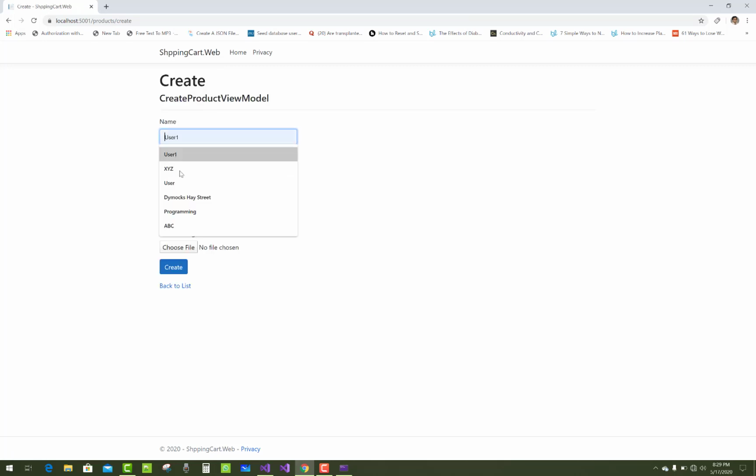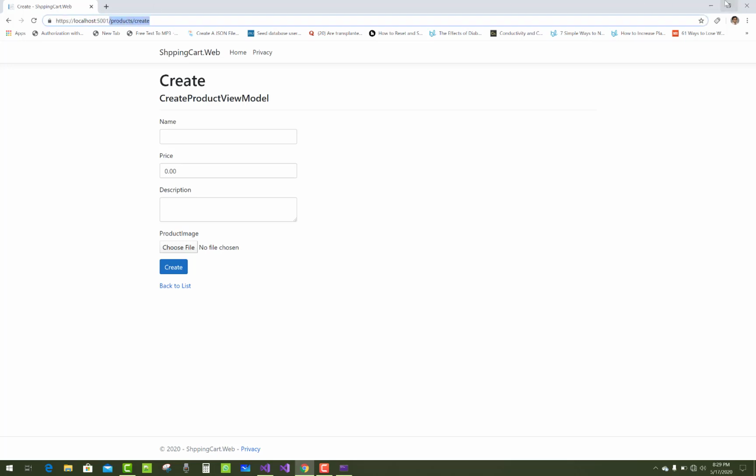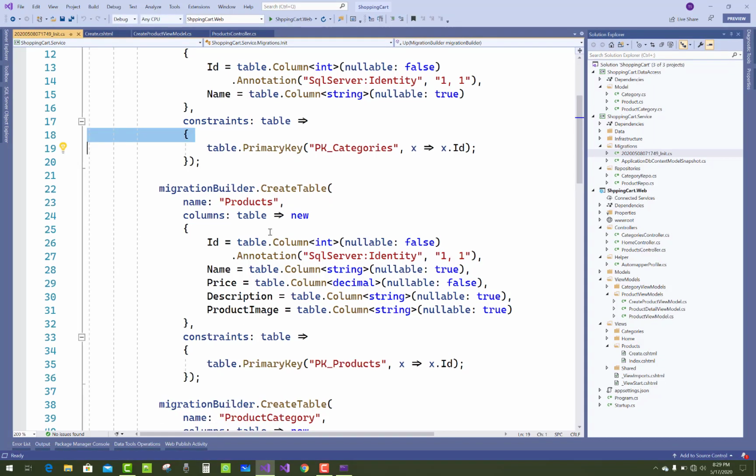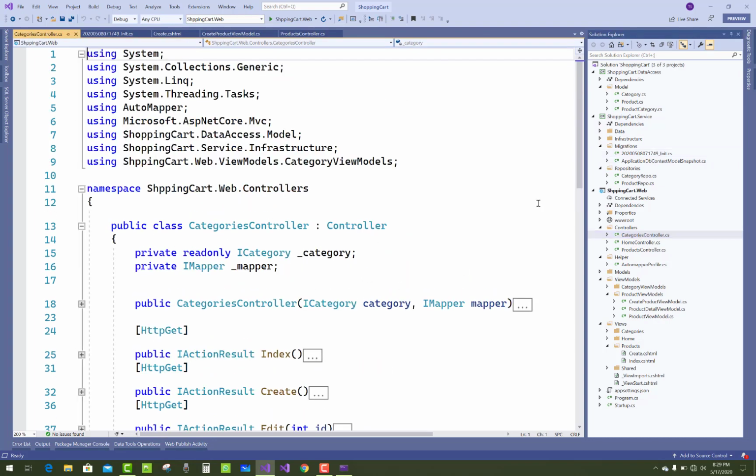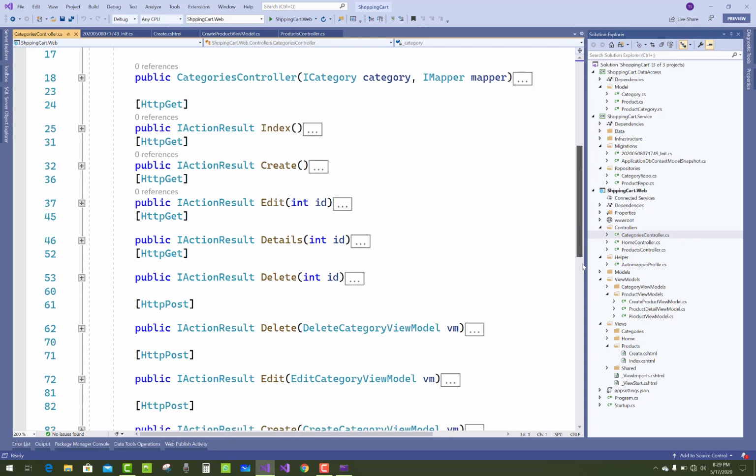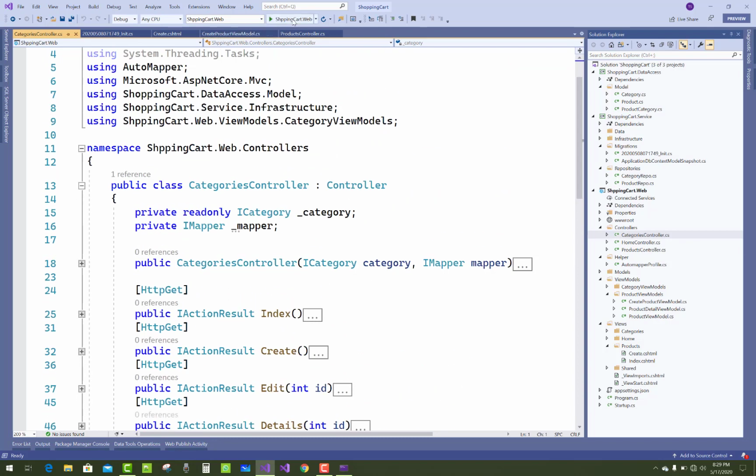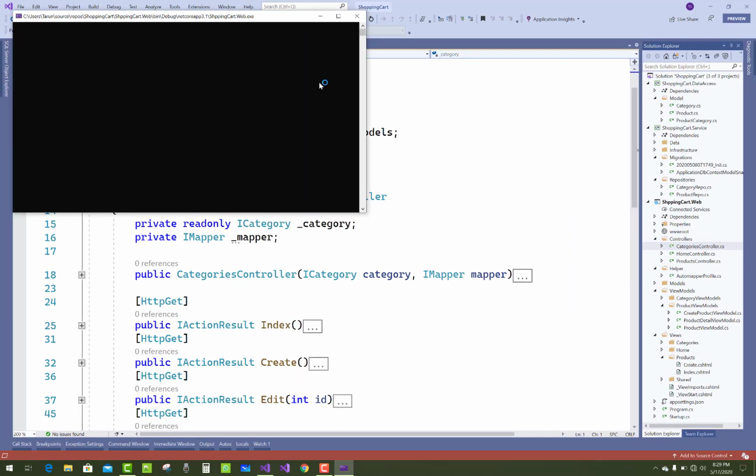There is name, price and description, and the product image is there, but the categories will not show, because if we have some categories, then they will show in the product section. So first of all, add some categories in the project.